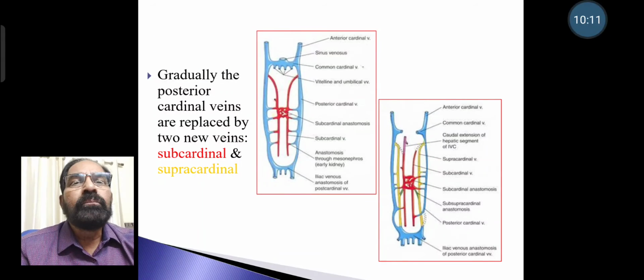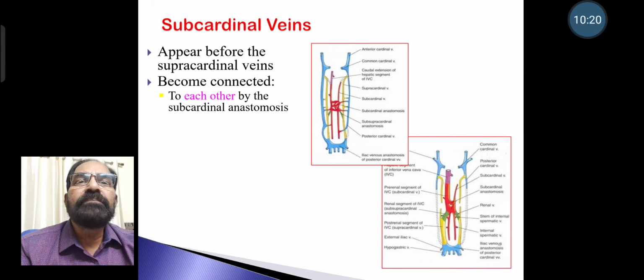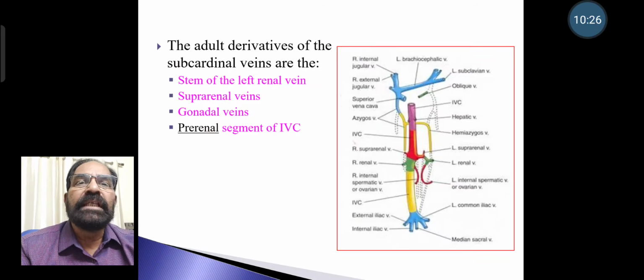Gradually, the posterior cardinal veins are replaced by two new veins, that is subcardinal and supracardinal veins. Subcardinal veins appear before supracardinal veins, become connected to each other by subcardinal anastomosis. Adult derivatives of the subcardinal veins are stem of the left renal vein, suprarenal veins, gonadal veins, and prerenal segment